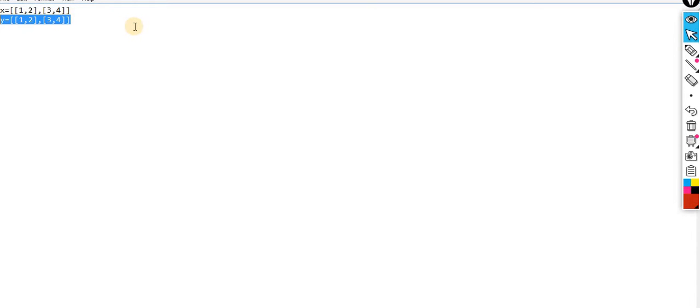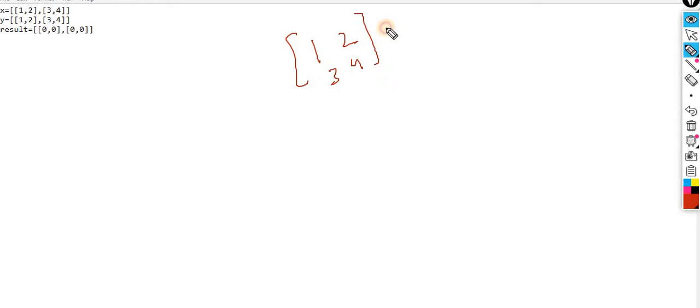Now there should be one more matrix, that should be the result matrix. Okay, result matrix, and this should again be 2 by 2. Again I will get the output 2 by 2. Okay, so understand this scenario. I am taking these two values 1 2 3 4 and I am going to multiply it with 1 2 3 4. So this matrix is 2 by 2, this matrix is 2 by 2. So we are supposed to perform it because the column of the first and the rows of the second are the same. So the output matrix would be 2 by 2.